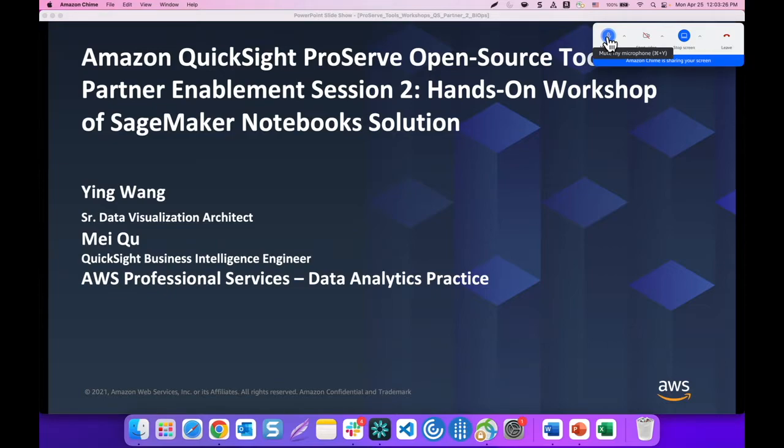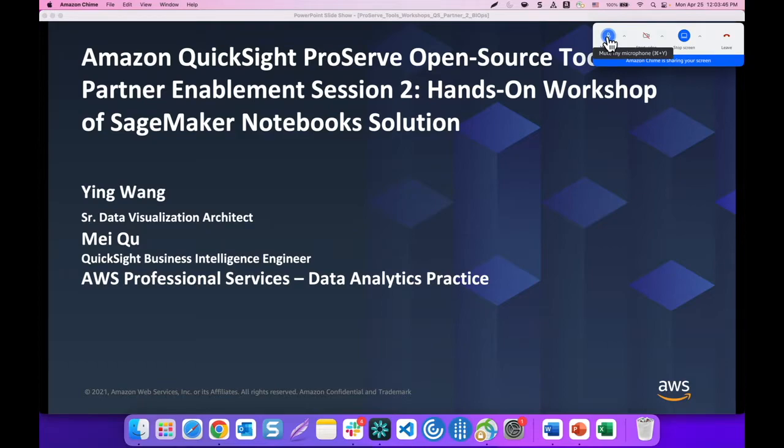So to get started, I just wanted to give a quick overview and agenda of what we will be doing today. If you remember from the last session, Ying talked about how BI Ops can help your Amazon QuickSight team automate asset migration and version control. So today we will go over one of the suggested solutions, which uses Python scripts that can do batch deployment, which is deploying all assets from the source account to the target account, or